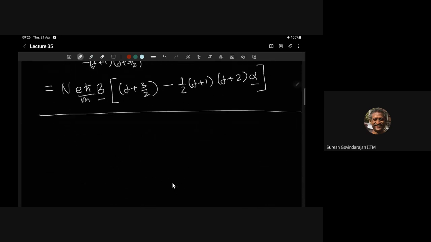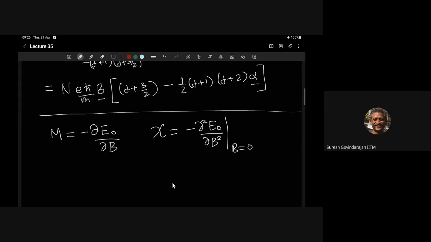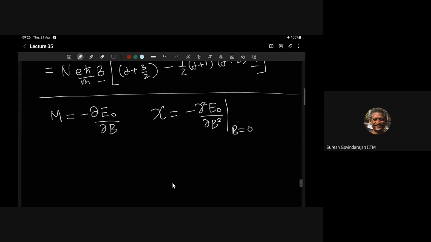We can now ask, what is magnetization? It is nothing but, it's minus mu dot B, right? So M is minus dE naught by dB. And chi would be minus d square E naught by dB square, evaluated at B equal to 0. Okay, so let's first do the easy case: alpha is greater than 1. Then M would be